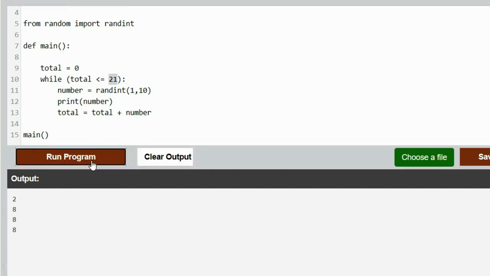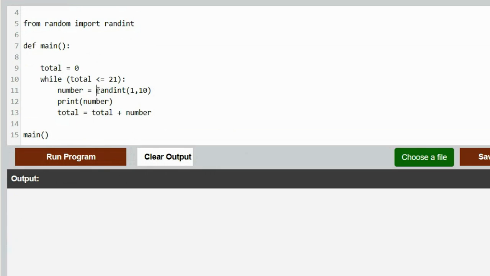So if we run it, each time it's going to be a different number of times that it runs. 4 and 5. Oh, there were only 3 that time because it chose large numbers. But we're using a while loop instead of a for loop just because we're not sure, in this case, how many times we need to do the loop, because it's going to change each time because I'm using random integer. But a lot of times there's other code that you write that you're not really sure how many times, especially if instead of a random integer, I'm saying